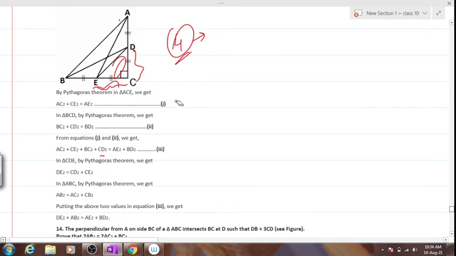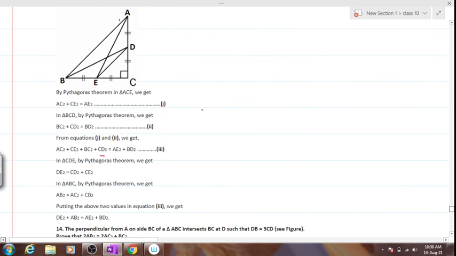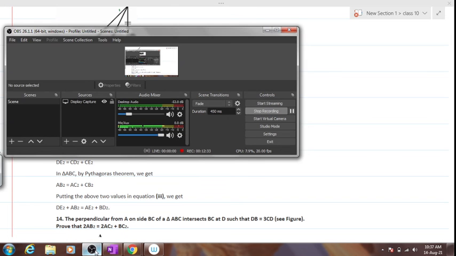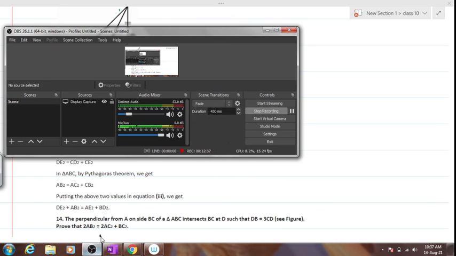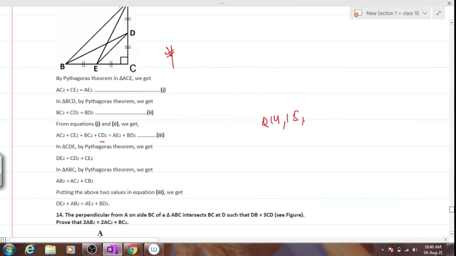I would expect people to copy each and every step down and ask me if you have any difficulties in any of these steps. If students are done with copying of the 13th numerical, please try out the 14th numerical. There is no hurry for the 13th numerical. Do it properly and ask me if you have any doubts. And by the time people have done question number 13, you will crack your brains on question number 14. Number 14 and 15 will be your assignments, plus your Google Forms will be your assignments for today.